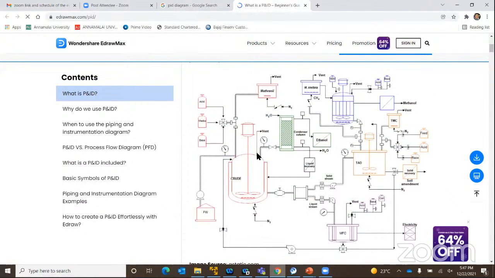Okay, so this is something called the P and ID diagram, process instrumentation or piping and instrumentation diagram. Also, some EPCs call it process, and some EPCs call it P and ID. Now, I'm using one more new term, that is EPC. What is EPC again? Let us say previously you have discussed a lot of things about the Nalco power plant,